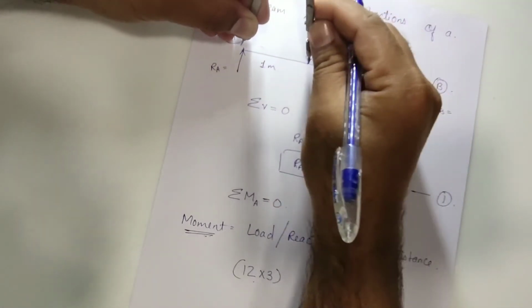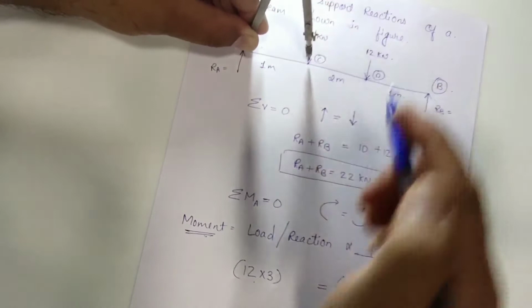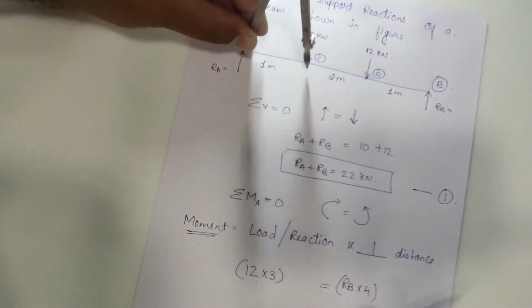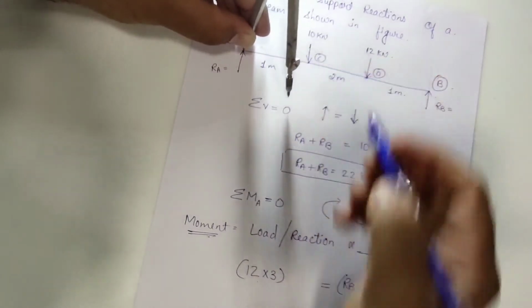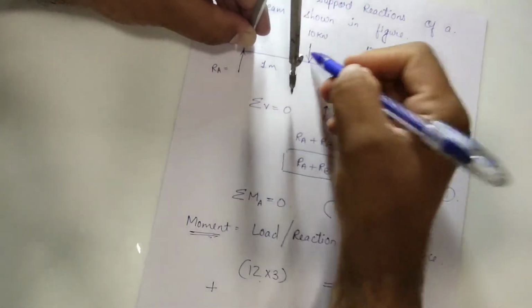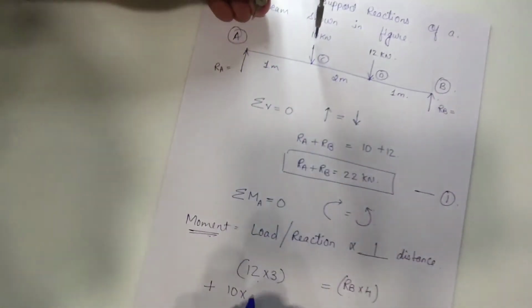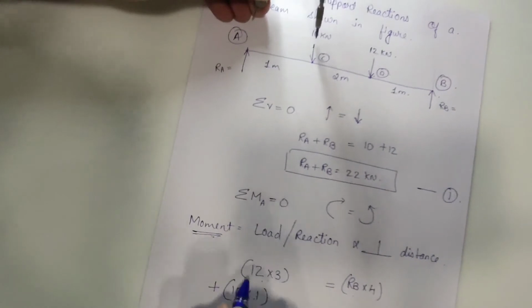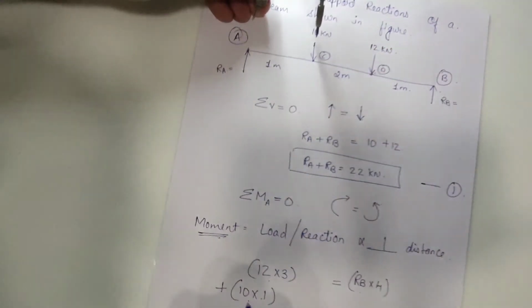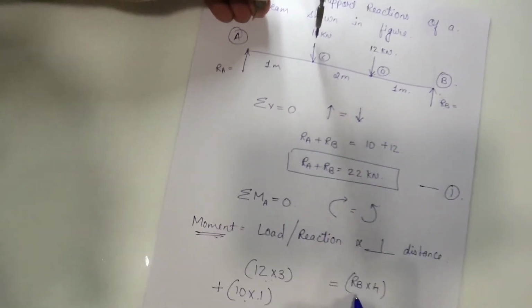Now coming back to the next point load, that is C. Again the arrow shows me that I have to move in a clockwise direction only, so I am going to put that value over here only. So plus the intensity is 10 into perpendicular distance is 1. So this is the point load D moment, this is the point load C moment with respect to A, and this is the reaction moment with respect to A.